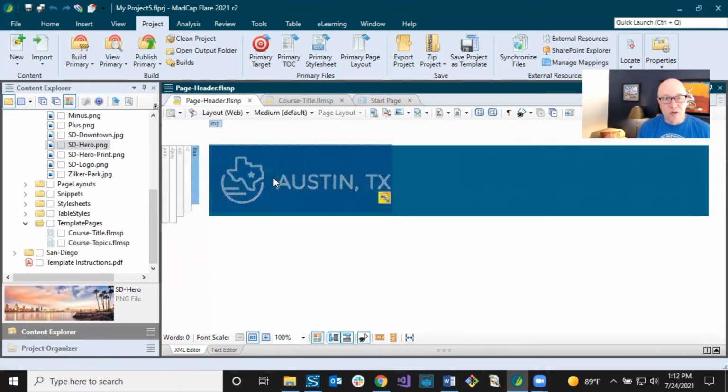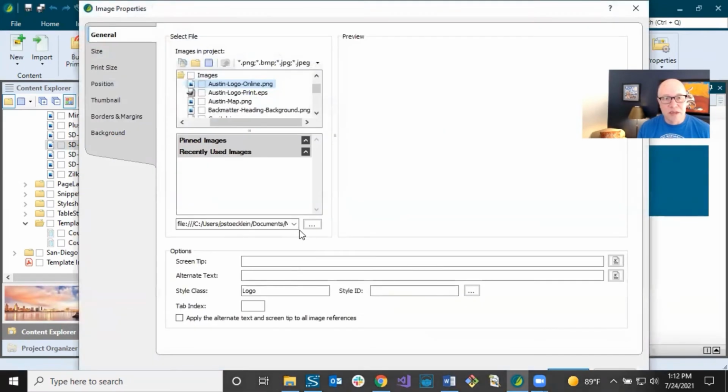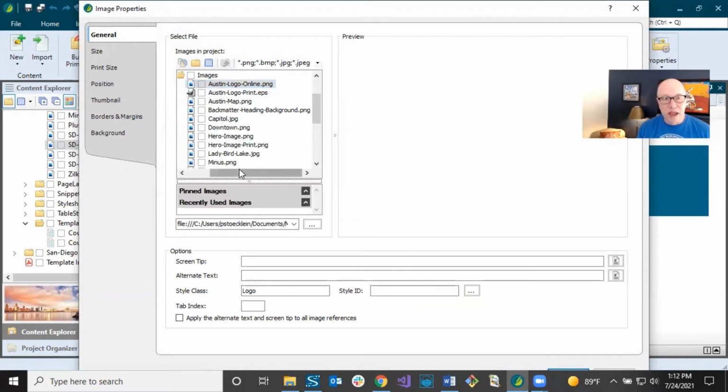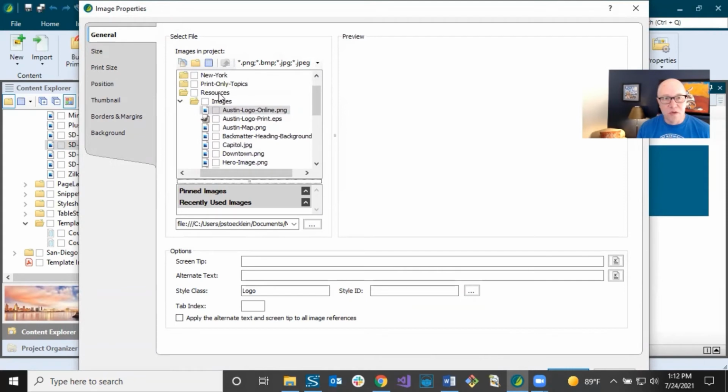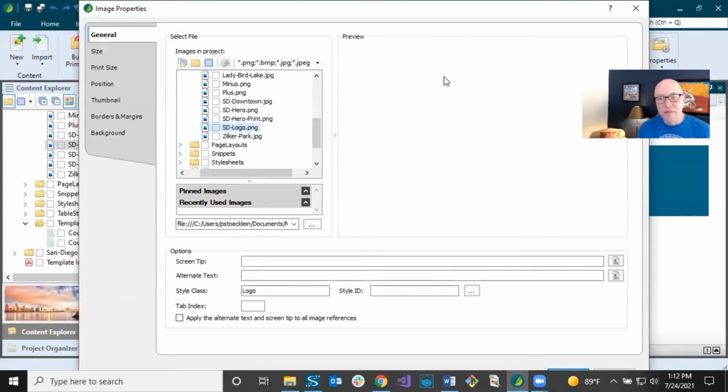And I am simply going to right click on this and select Image Properties, and it brings this up. And this will show you up in the top part the things that you already have in your project. It immediately goes to Resources Images, which is the default area where most people will put their images, or in subfolders inside there. If you don't already have it in here, another way to get it into the project is to click this browse button, and then you can go find it and select it, and it'll bring it in. That's another way. But I'm just going to go here, find SD logo, and you'll see a